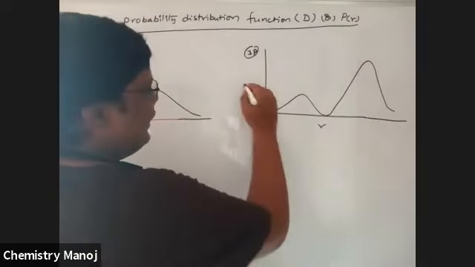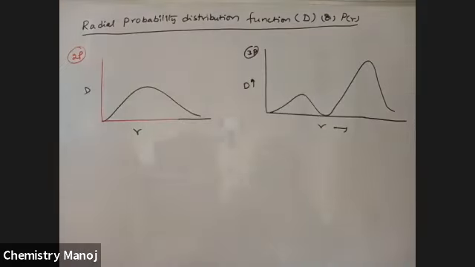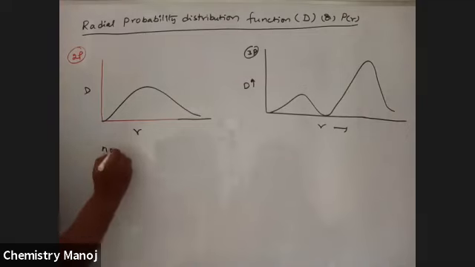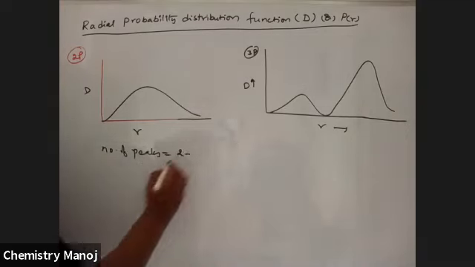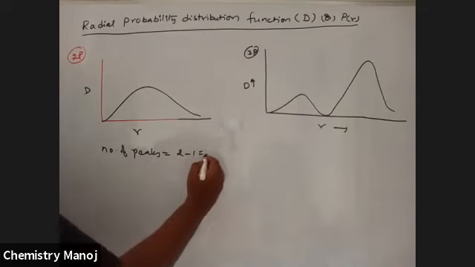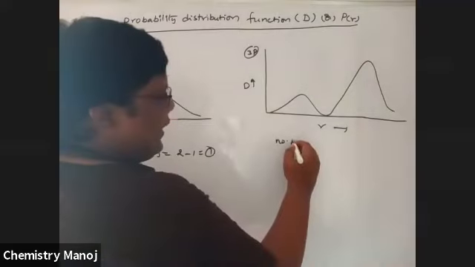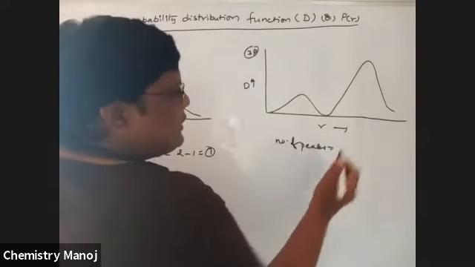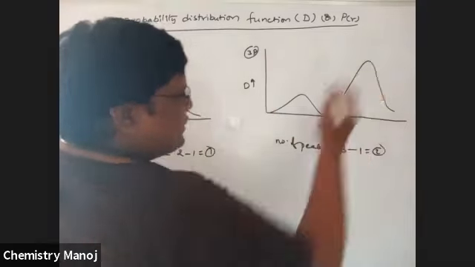So it is R. It is D function. That is the 3p. That means number of peaks is equal to 2. For p orbital, L is equal to 1, so 1 peak is there. Here also, number of peaks is equal to 3 minus n minus L. L is equal to 1, so 2 peaks.